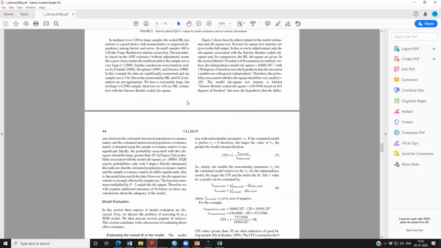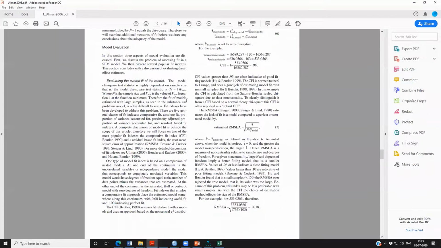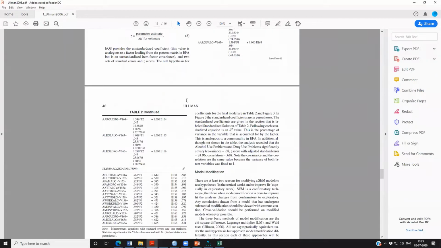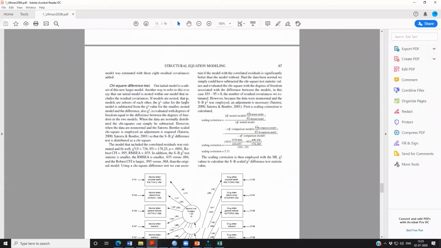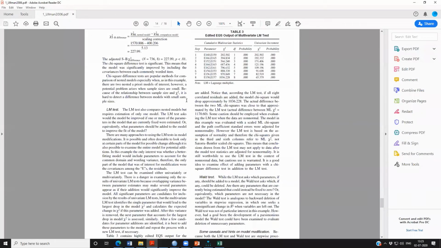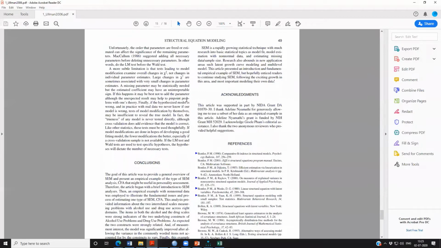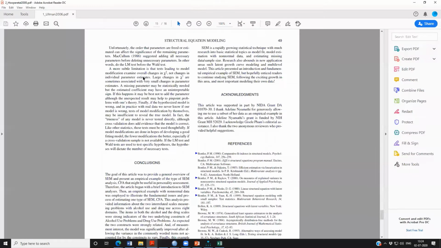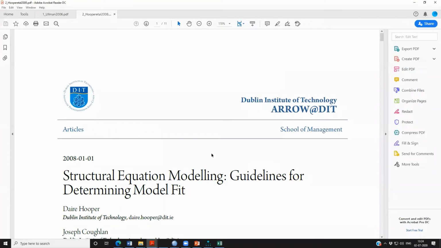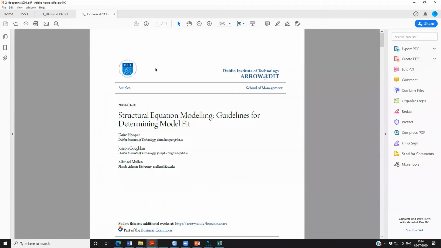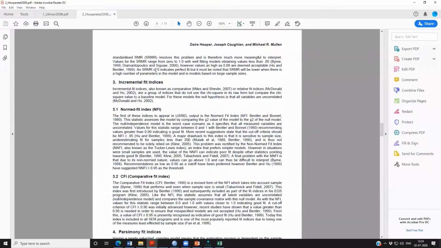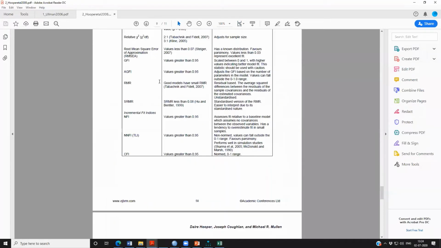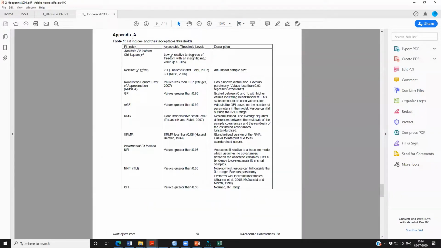It gives us some formulas for different fit indices, and model modification, which again we talked about. I just thought you can have a look at it. Then the second paper, if you want to cite any paper for the fit indices, this is the paper that you can cite. On page number 9, appendix A, it gives you some of the